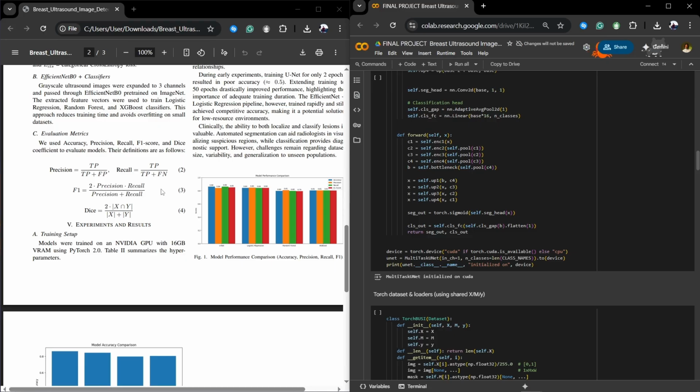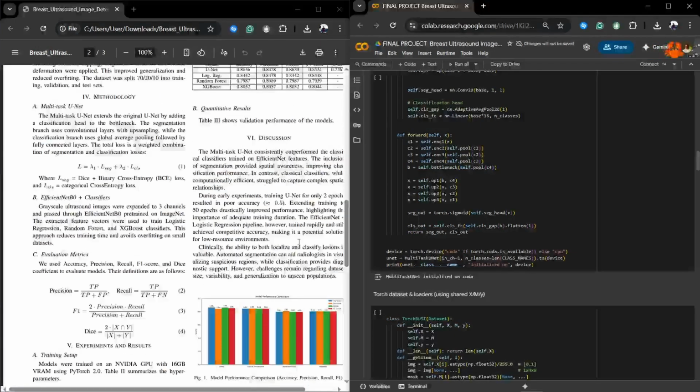And importantly, it also produced lesion masks, which are highly valuable in clinical practice because they help radiologists visualize the suspicious region. We also faced some challenges while doing so. During early experiments, we at first trained the U-Net using 2 epochs only, which resulted in a very poor accuracy, less than 50%. We extended the epochs up to 50, and as a result we saw a huge improvement in our